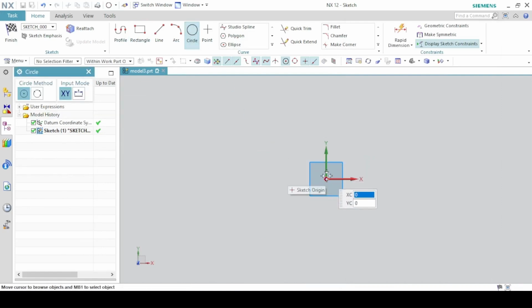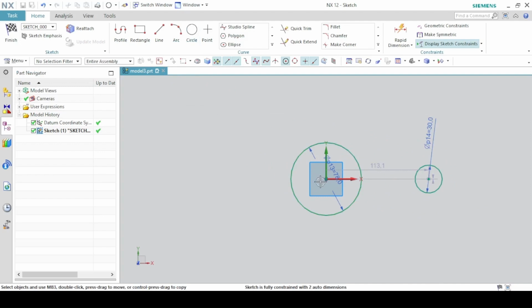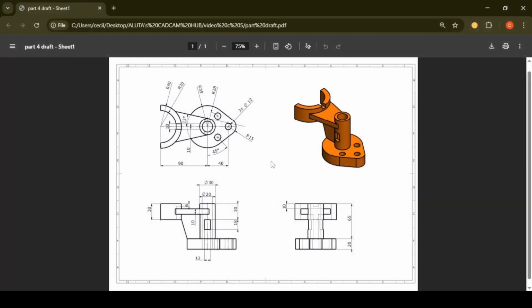So the bigger circle center should be on the origin, and the smaller circle should be somewhere here. Make sure their centers are horizontally aligned. And the distance between the two centers is 40 millimeters.